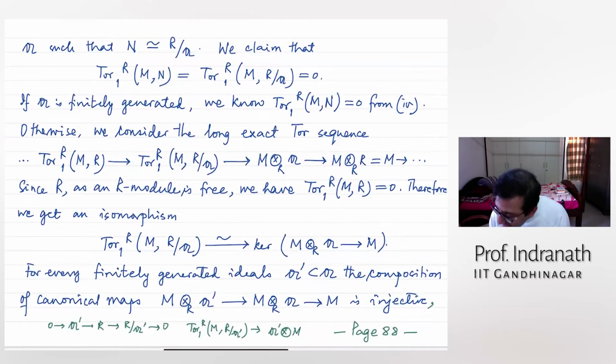But why did I say that this composition is injective? So is it true that this map always factors through this? And also this is number one, question number one. Question number two, why do I have to bring this into picture?